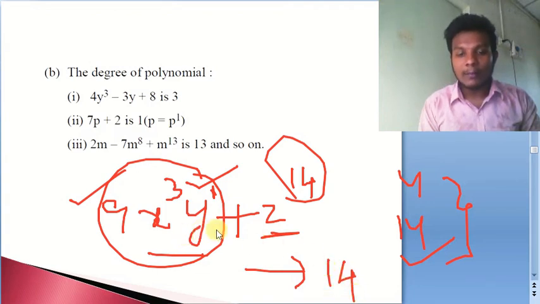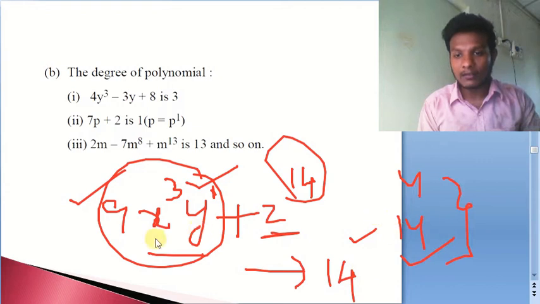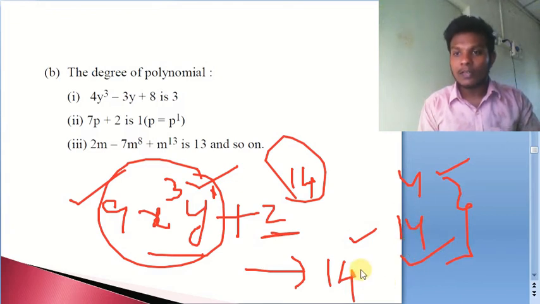Okay. So in some cases, even a single variable may have a highest power when we compare it with the product also. As in this case, it is going to be a 14th degree polynomial but not 4th degree. So remember, whenever more than one variable is there in the same term, we simply add the exponents of those variables. So here 4 is the combined exponent, and here 14 is the exponent for this term. Out of these two, 14 is the largest one, so that is why 14 is the degree of this polynomial.